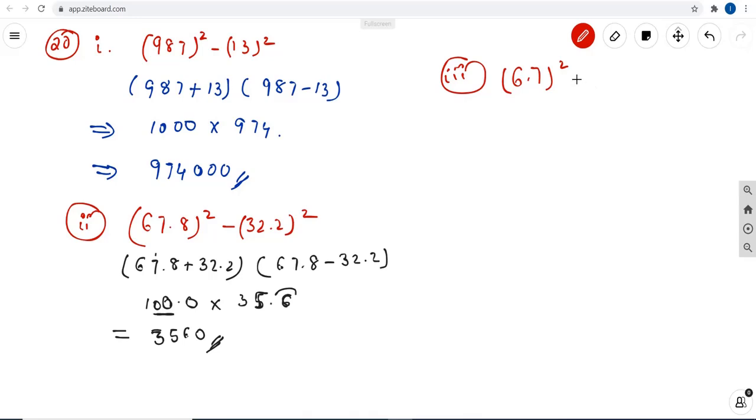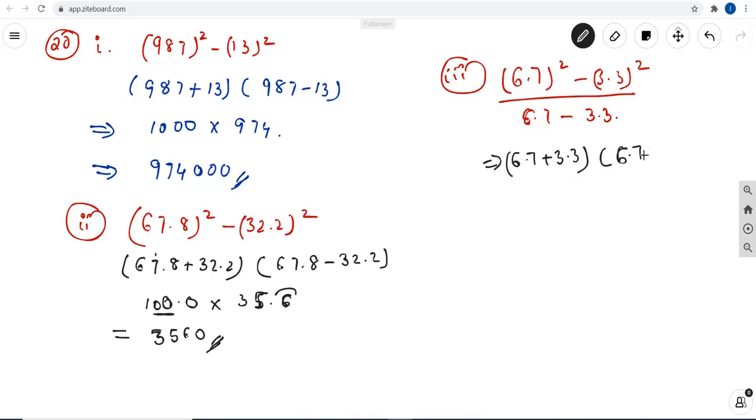Okay, so the third one is given as 6.7 square minus 3.3 whole square, divided by 6.7 minus 3.3. Okay, we are going to use the identity a square minus b square. So this becomes 6.7 plus 3.3, one term. Okay, one more term is 6.7 minus 3.3, one more term. Okay, so divided by